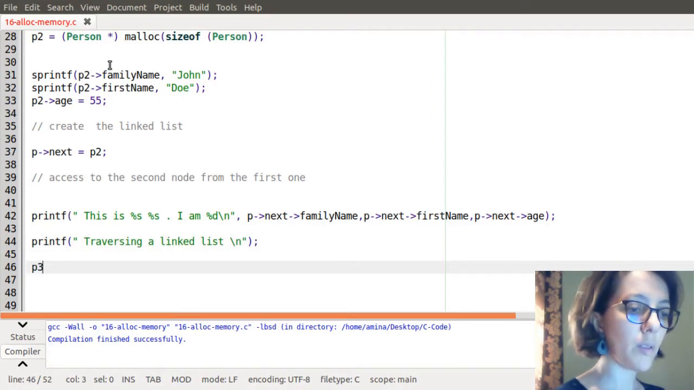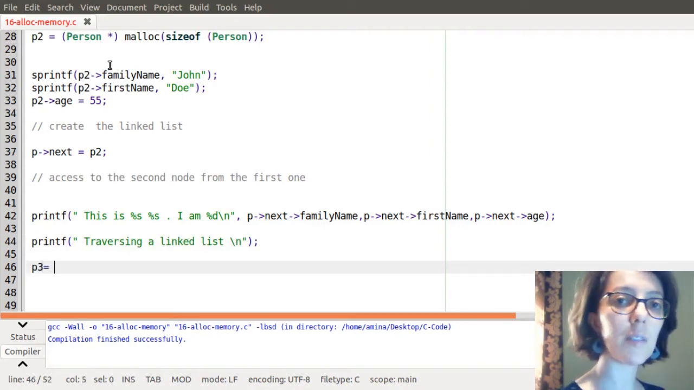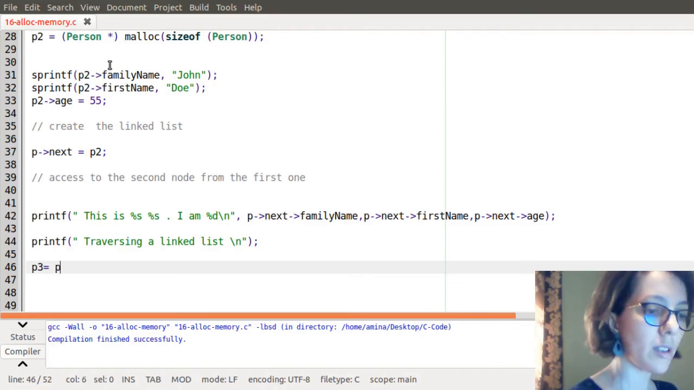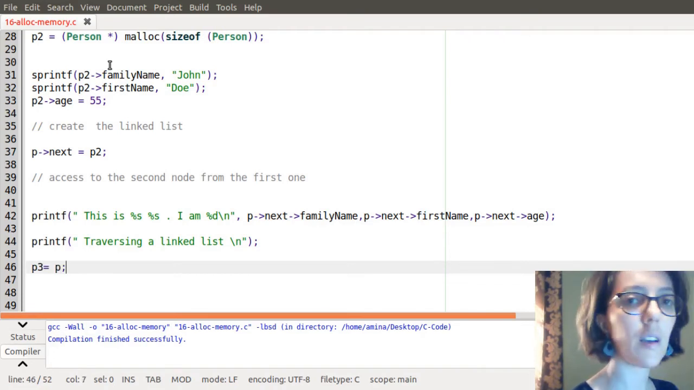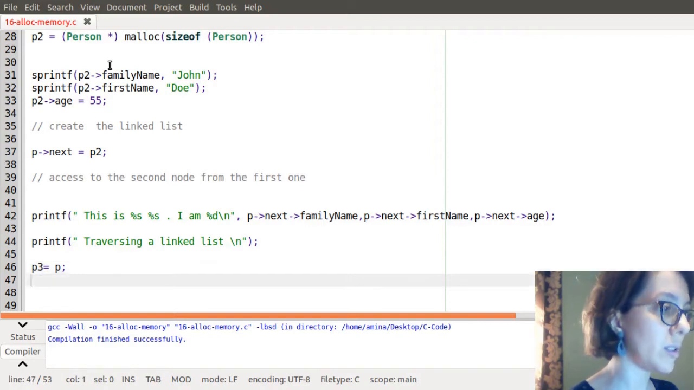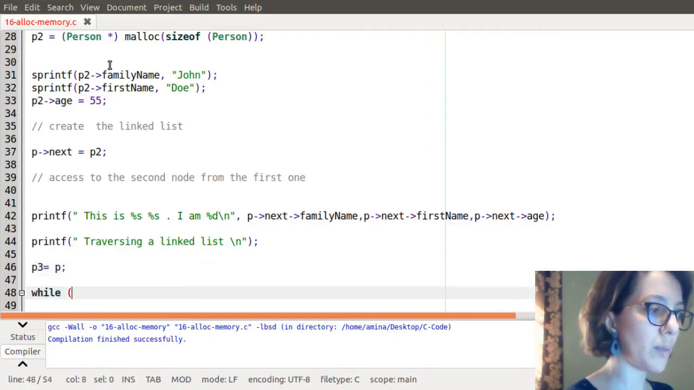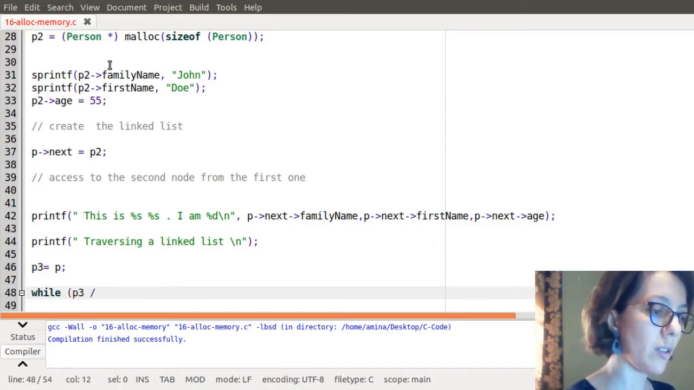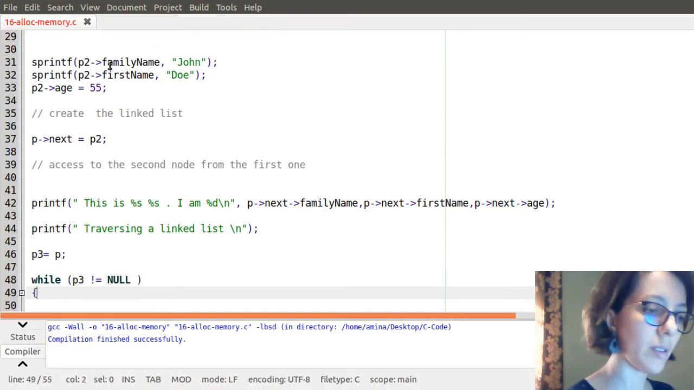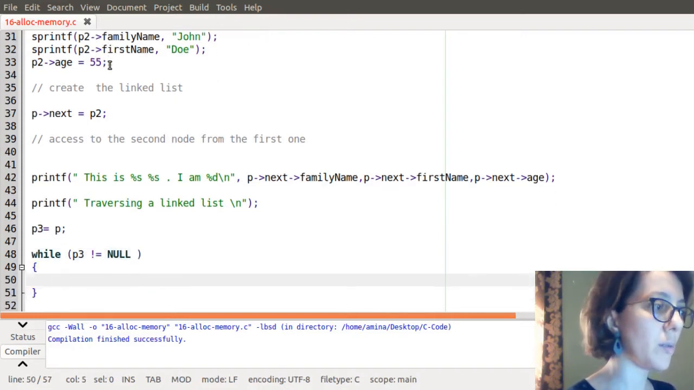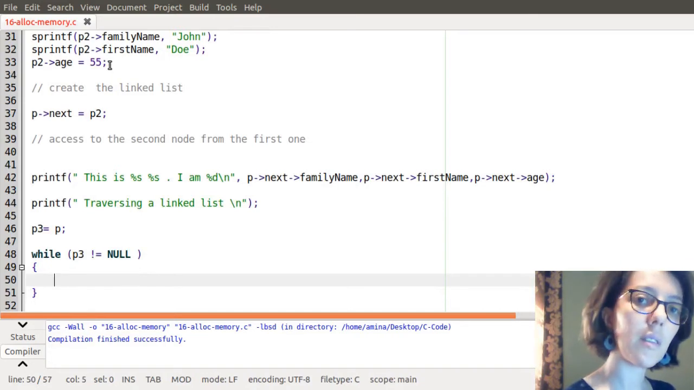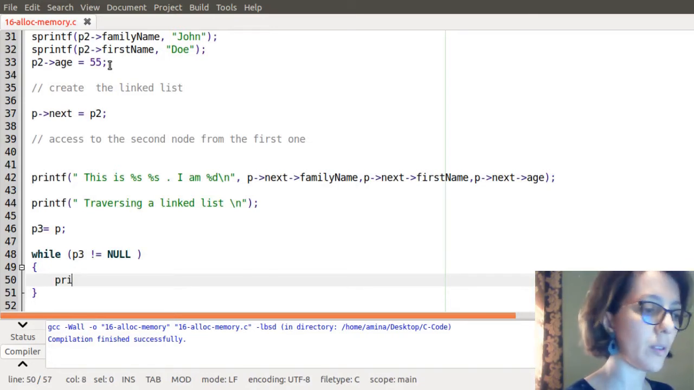So my pointer P3 will point to the first element, to the head of my list, which is the node or the address available in the pointer P. Then I'm going to loop through my list while the value in my pointer is different than null. So I'm going to continue traversing my list. While it is different from null, I'm going to print the content of the fields of my node. So printf